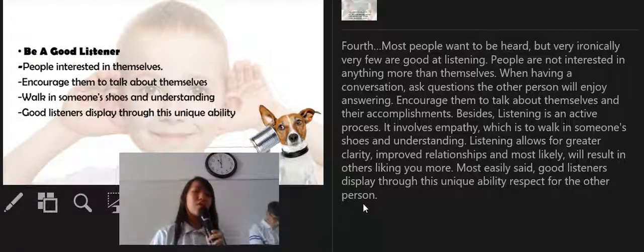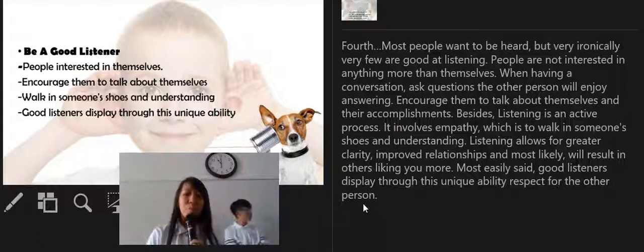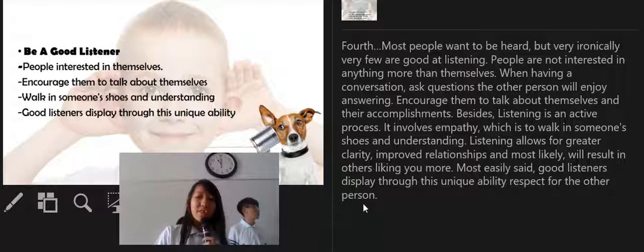Fourth is be a good listener. Most people want to be heard, but very ironically, very few are good at listening. People are not interested in anything more than themselves. When having a conversation, ask questions the other person will enjoy answering. Encourage them to talk about themselves and their accomplishments. Besides,